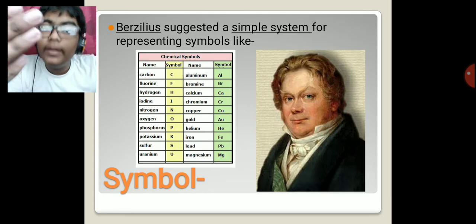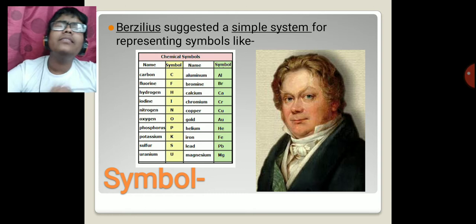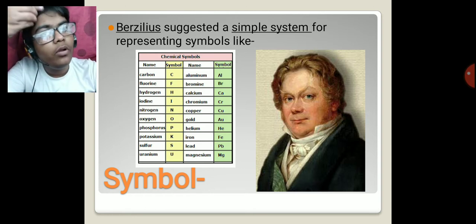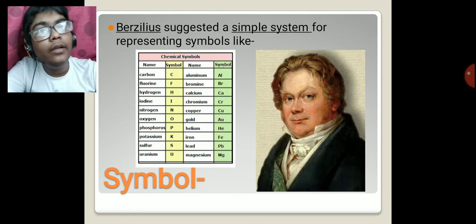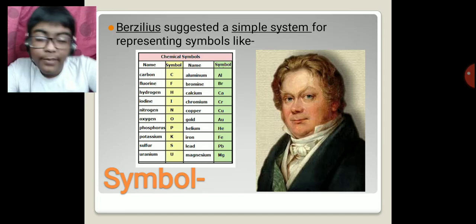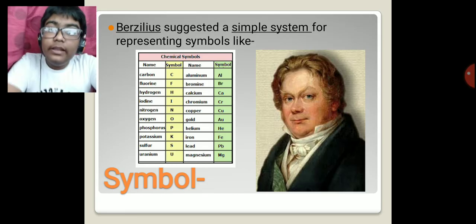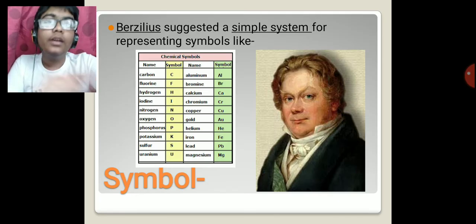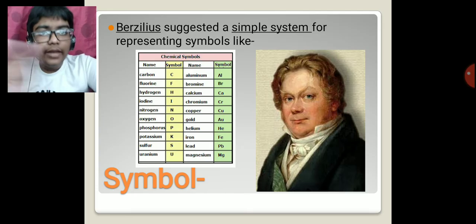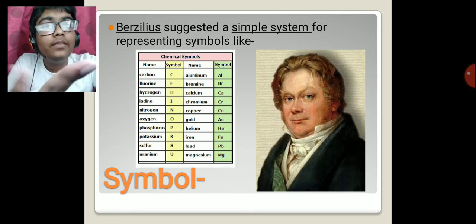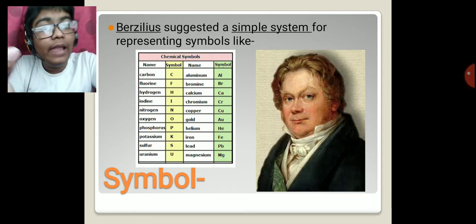The fourth case was when, at that time, there were not only English scientists but other scientists also. Those scientists would keep the names of elements in their language, like Latin or German or something like that. But English was going to be better, so there was a conflict between them. So what was decided at last was that you write the name of the element as the English word and give the symbol as the symbol of the Latin name.